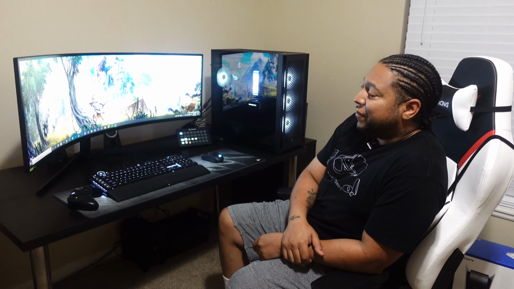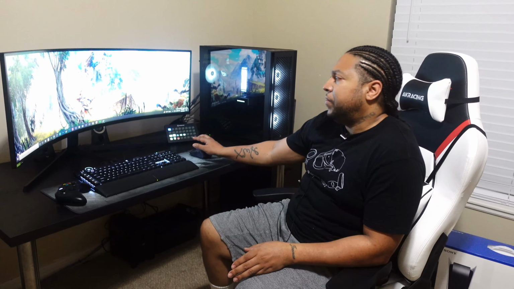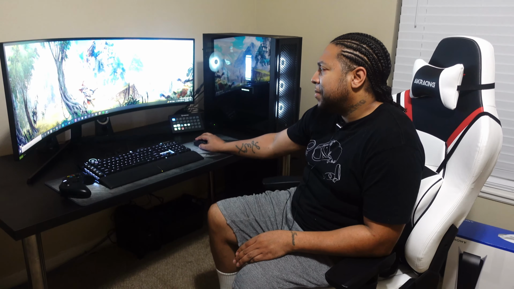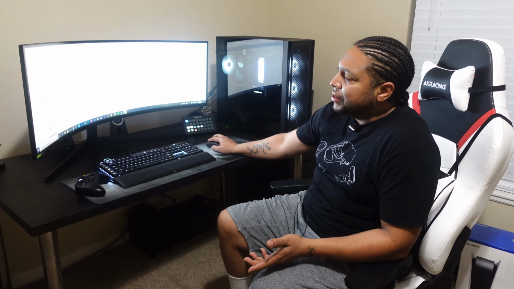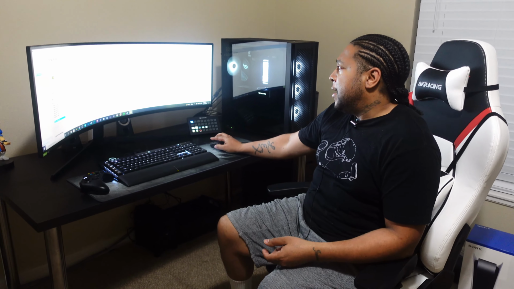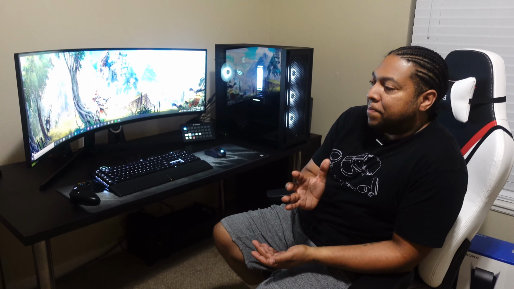This thing is interesting, man. 49 inches. The resolution is 5120 by 1440. Looks really good. It looks better than I thought it would. So initially, what I didn't like about it was that every single game out the box is